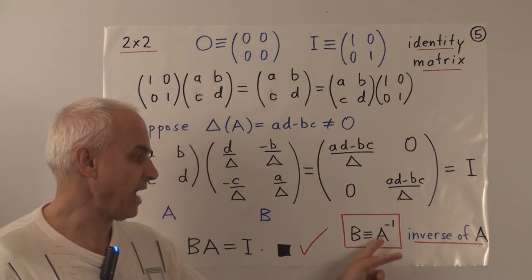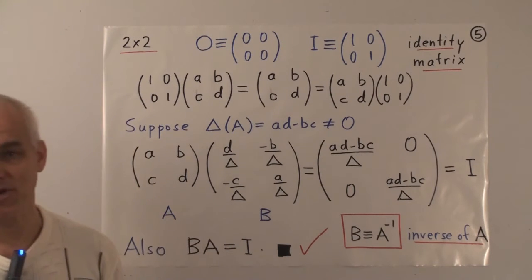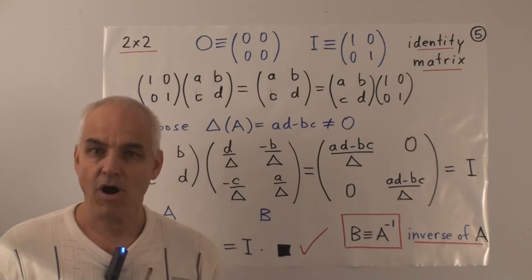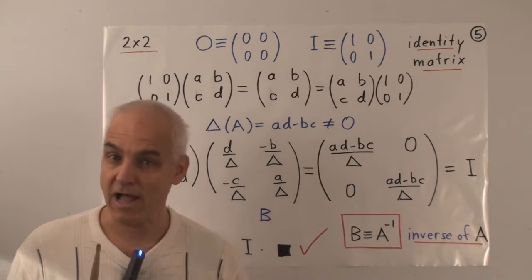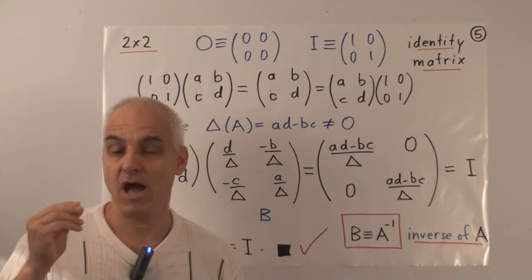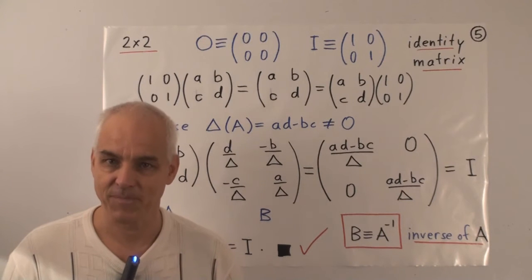B is A to the minus 1, so that means the inverse of A. It's the same notation that we use for numbers to represent the inverse of a number. So our fundamental problem of linear algebra is intimately connected with the most complicated arithmetical operation, which I probably don't need to remind you is division.